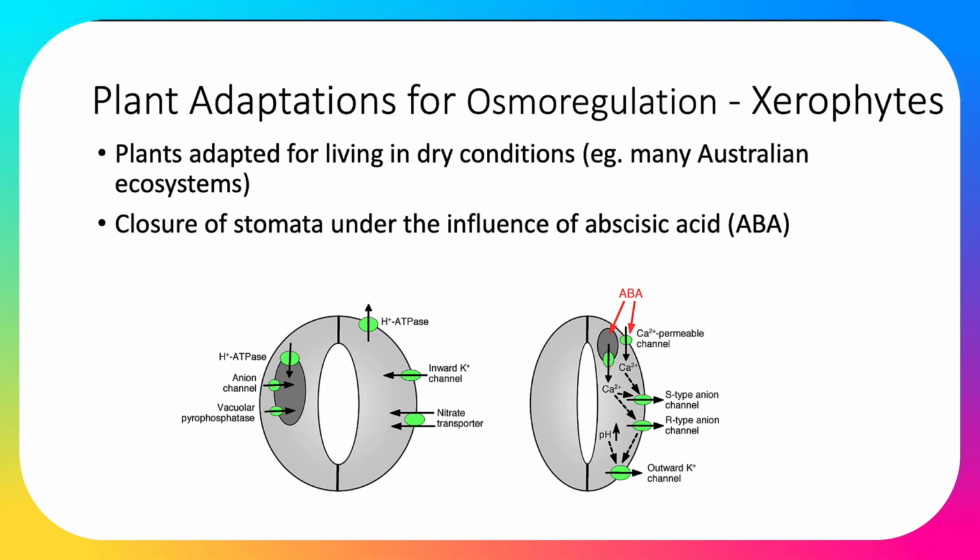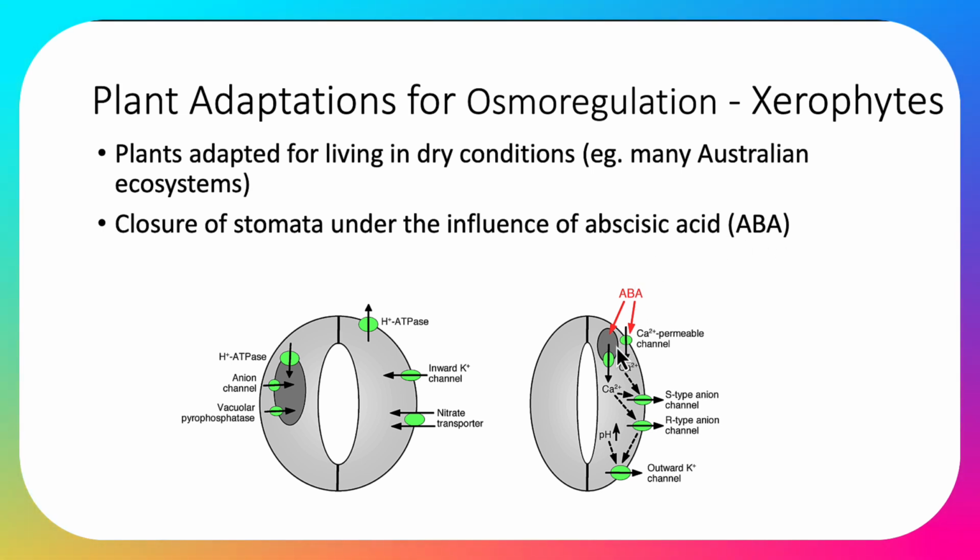Now, the other syllabus objective was to talk about abscisic acid, or ABA. It is like a stress hormone in plants. And I've just got here about xerophytes. Now, xerophytes are plants that live in dry conditions. So plants that live in dry conditions are under water stress. So one of the ways that plants can respond to that is by releasing this stress hormone called abscisic acid,